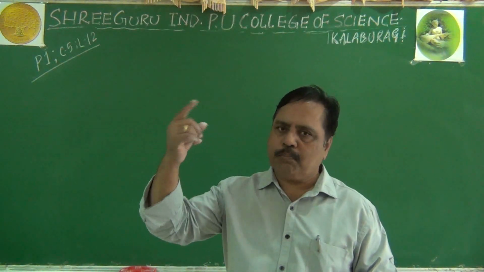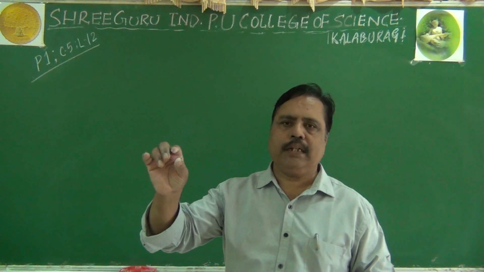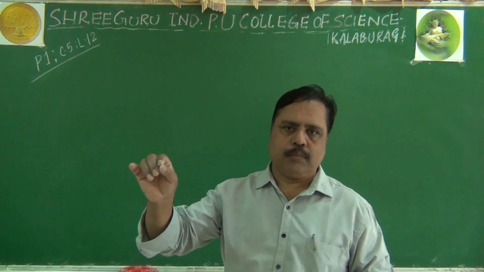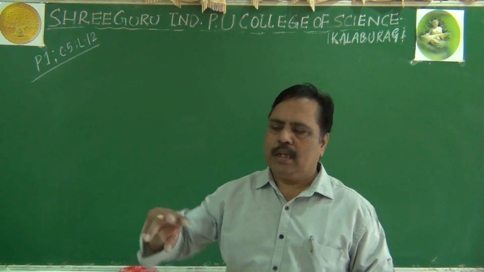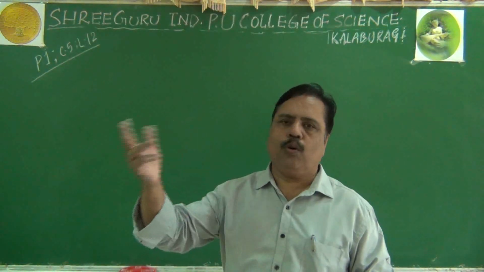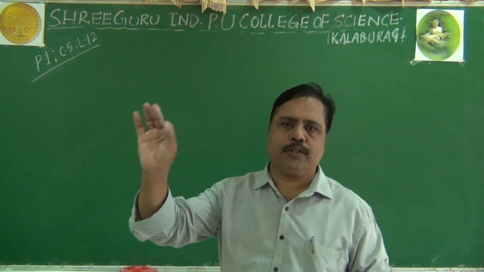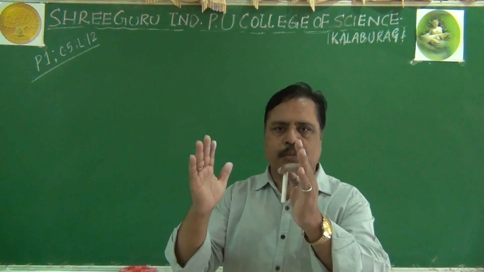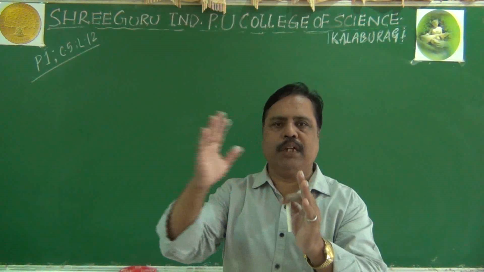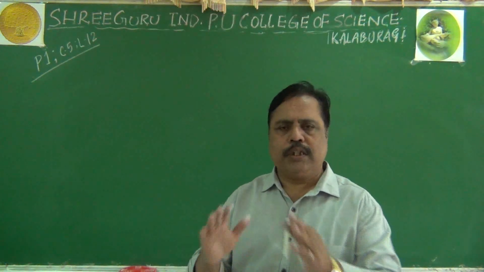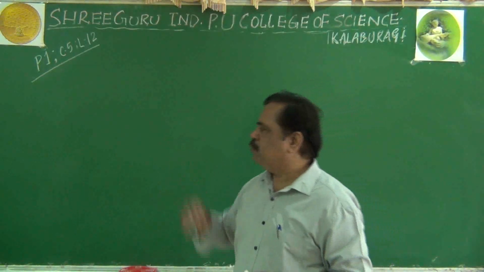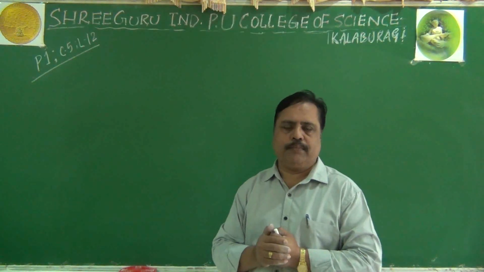Monoecious refers to a plant which has got both male and female flowers in it. Dioecious means two homes. Oecium refers to home. Two plant bodies, in which one is having male flower, another one is having female flower. So these are the basic terminologies we have seen.